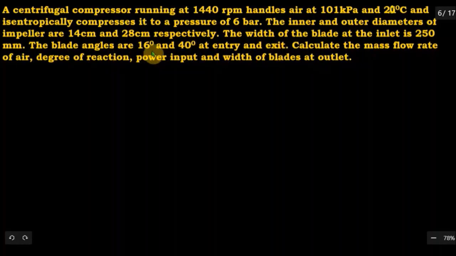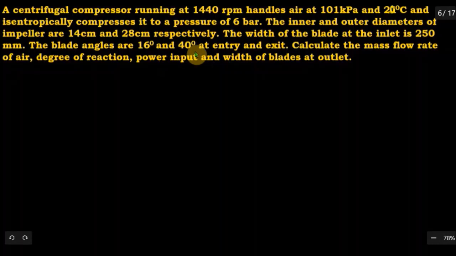We used to denote it by theta and phi. At inlet, it is theta, that is 16 degrees, and the outlet vane angle or blade angle is phi, that is 40 degrees, given. But whenever these vane angles are specified like this, we need to consider that the vanes are curved, not a radial bladed impeller, because in an ideal case for a radial bladed impeller, the vane angle at outlet is 90 degrees. Even though due to slip factor in actual practice the VR2 inclination is slightly altered.